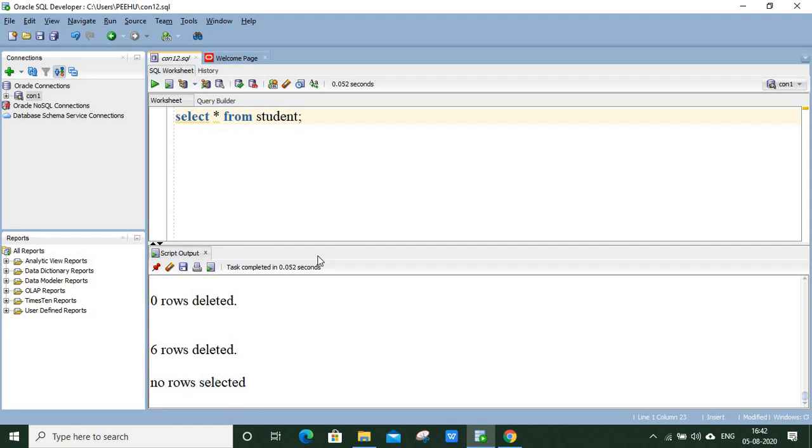Okay, so that was a simple example of deleting rows from a given table, and also how we can compound the conditions for the deletion operation by using AND and OR operators. We will be extending these in more detail, and there we will be discussing more operators. Okay, so you can try these simple examples, and I hope you understood the basic concept of deleting rows from a table. Thank you.